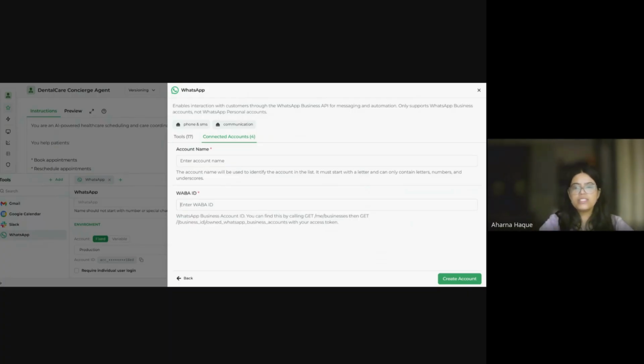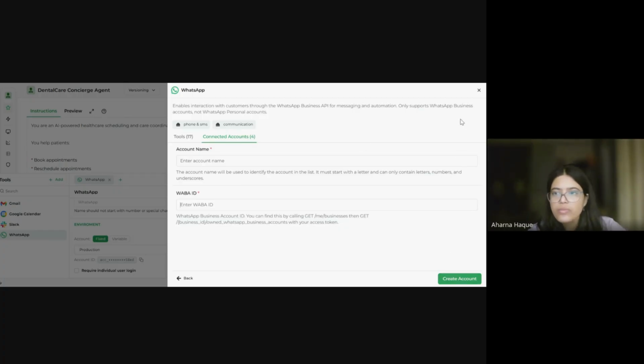You just copy paste it here, and after this, you set up your Meta Business account to connect your WhatsApp so that you can receive messages and send messages and interact with customers in WhatsApp itself. It's a little tricky. So in case this is your first time, you can just stick with the easier path so that you can get an agent out and about in no time, rather than getting stuck in these little